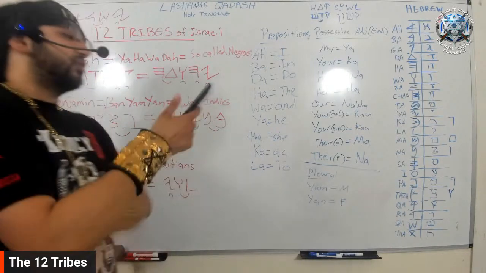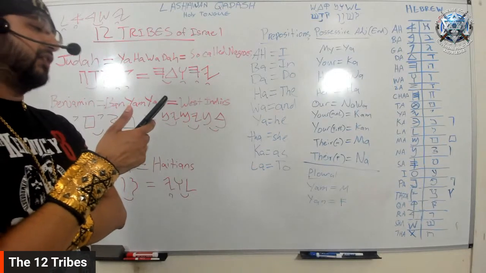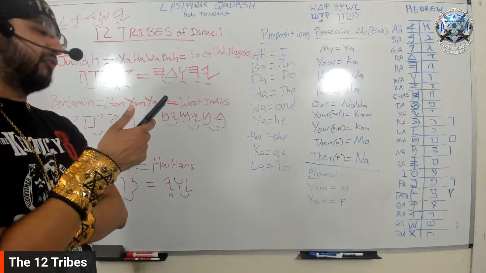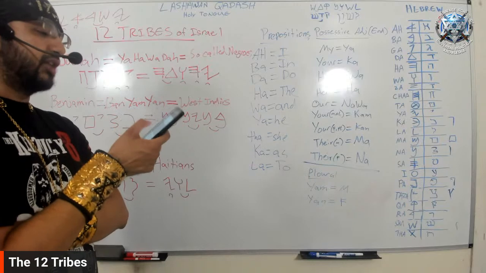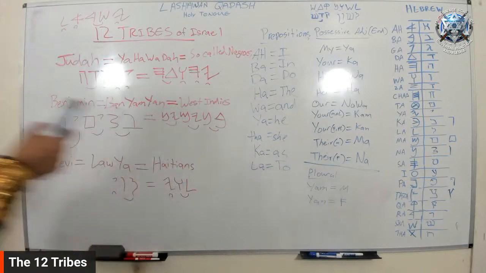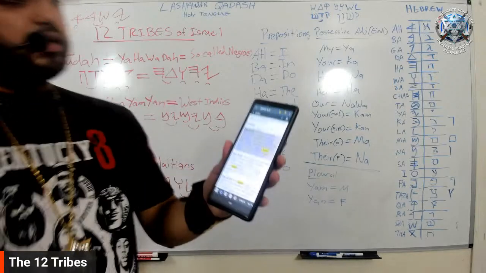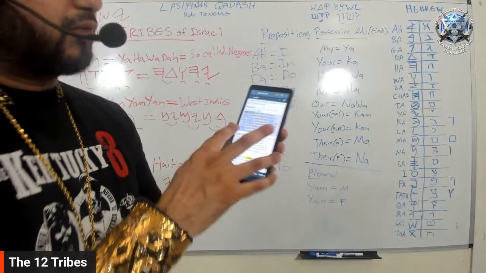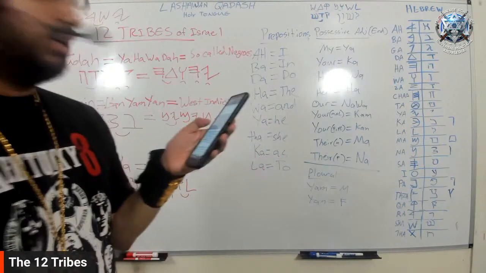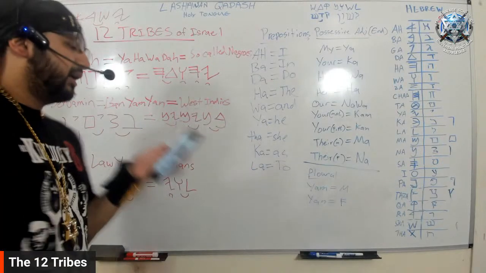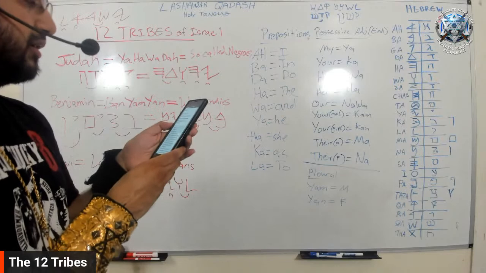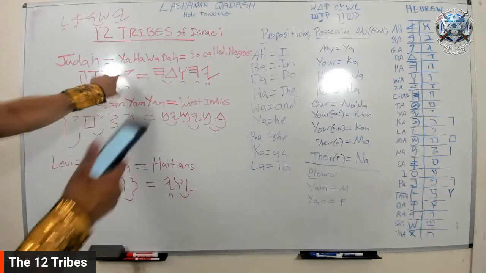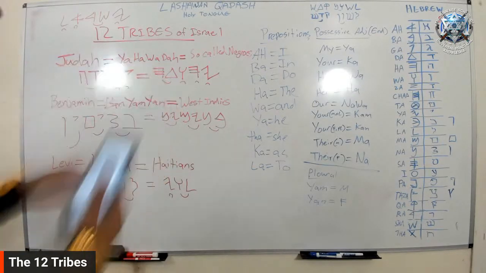Genesis 29:35 says, and she conceived again and bare a son. And she said, now will I praise the Lord. Therefore she called his name Judah. And so Yahweh thanks is the same thing as her praising the Lord. And right next to, and I don't know if you can see it, but right next to where it says Judah, we have the Strong's definition, which is a universal identification number for each phrase or word in the Hebrew, and it's H3063. And then we start to see the exact same characters that we see here on the board, where we have the Yahweh, Yahweh.